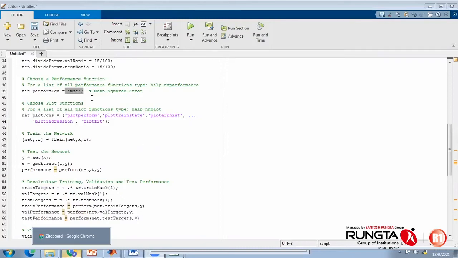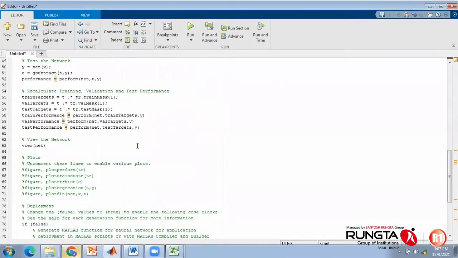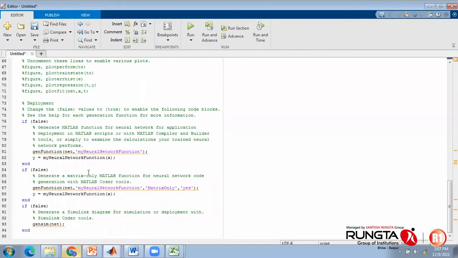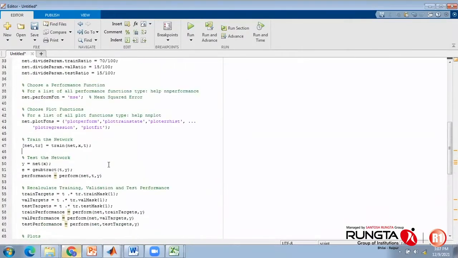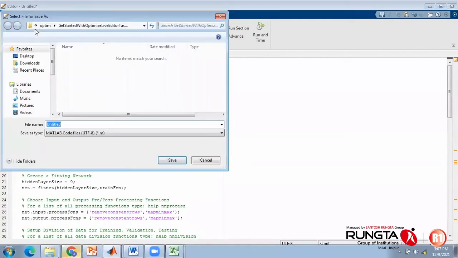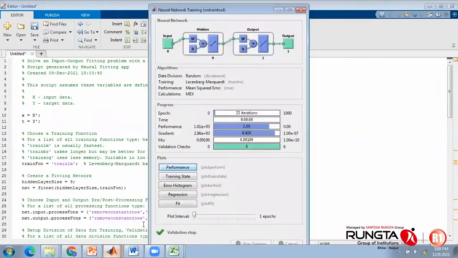So the performance function will be MSE over here. Then other details related to validation of target, performance, and its training, etc. So this way we can have a complete MATLAB code. We can save it, okay, and use it further. Whatever name you would like to provide, and then you can use that particular MATLAB code. That is quite possible.